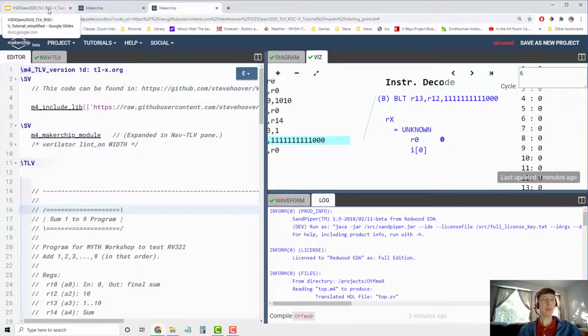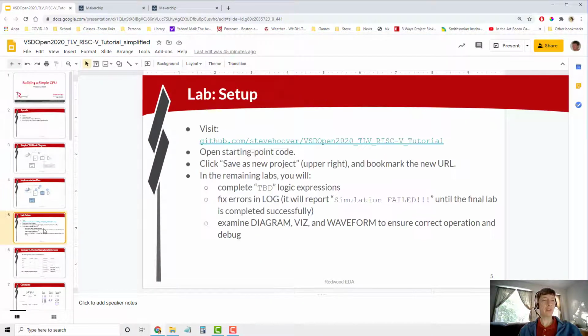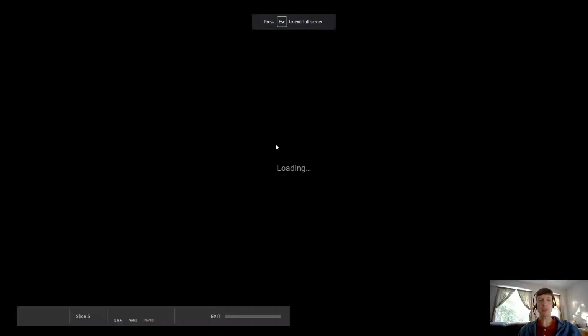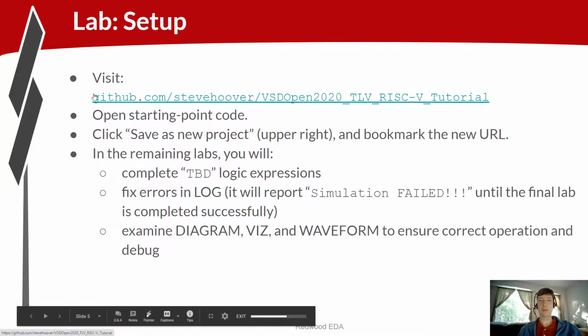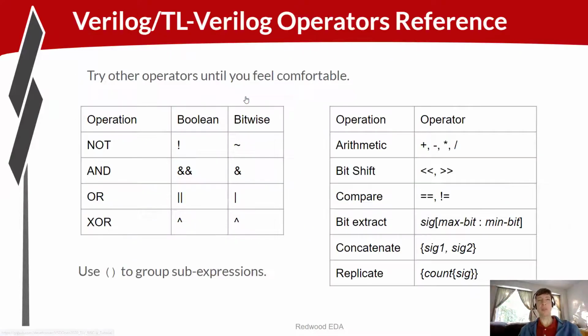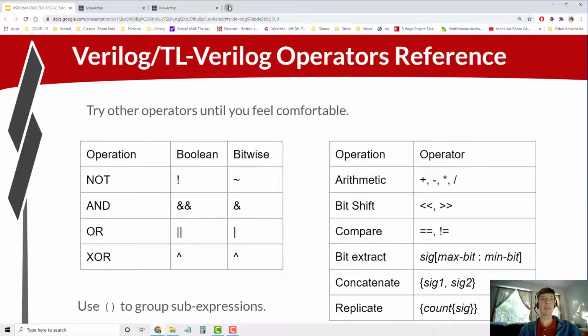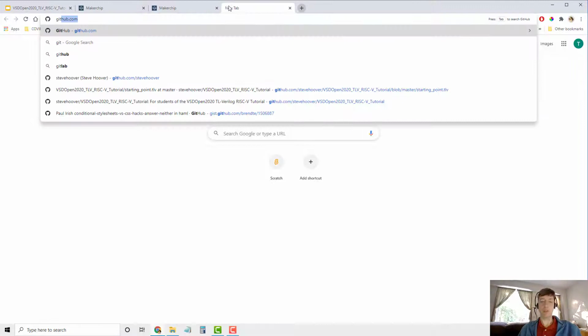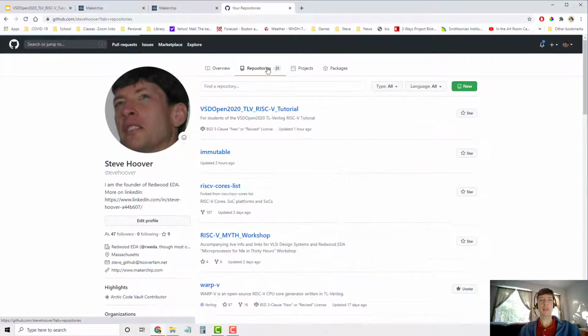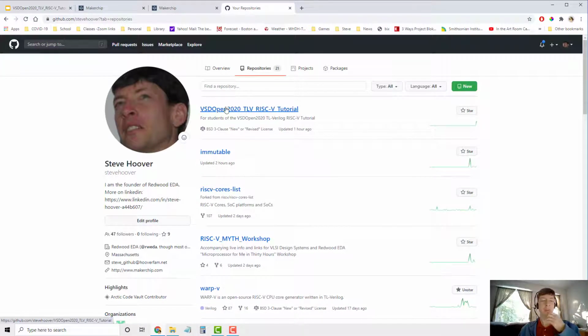So, jumping back to the slides, what I want you to do now is load the starting point code, and to do that you're going to have to visit this URL. Just make that a little bigger and more visible. You're actually going to have to type in at least up through my name to get to my GitHub, and then within there, I'll do this as well so you can see. So I'll go to GitHub Steve Hoover, and within there, if you click on my repositories, hopefully the first one that pops up will be this VSDOpen2020 tutorial. So click on there,